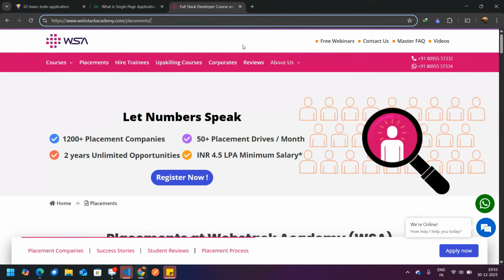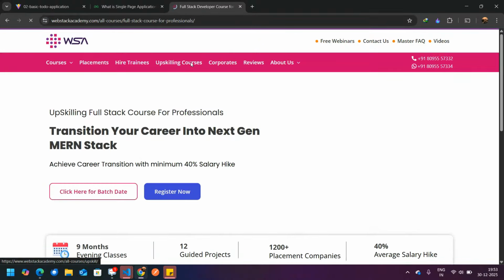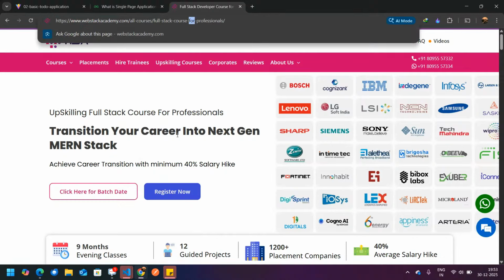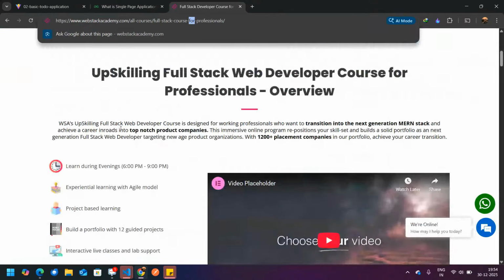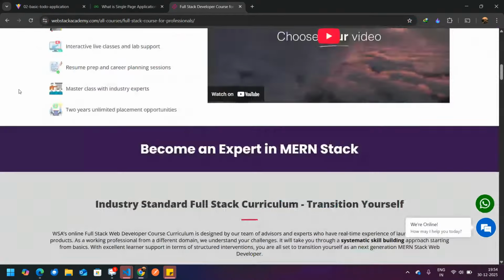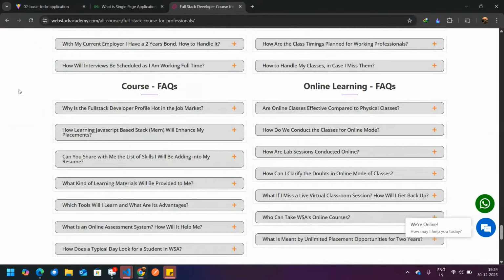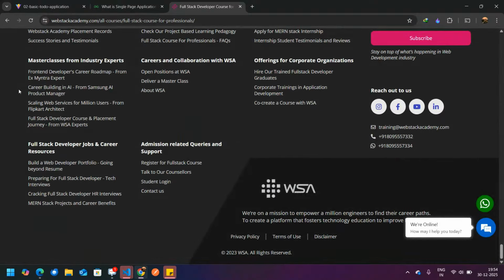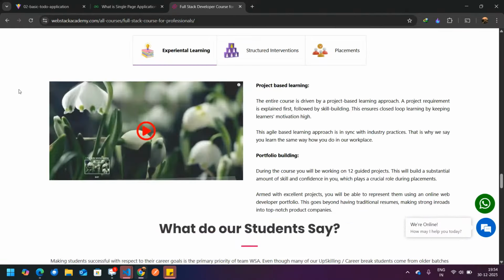Now we will go to the upskilling course. You see, a different endpoint and different data over here. But the top, which is our navigation bar, and the bottom, which is our footer or the chat pop-up, never change.